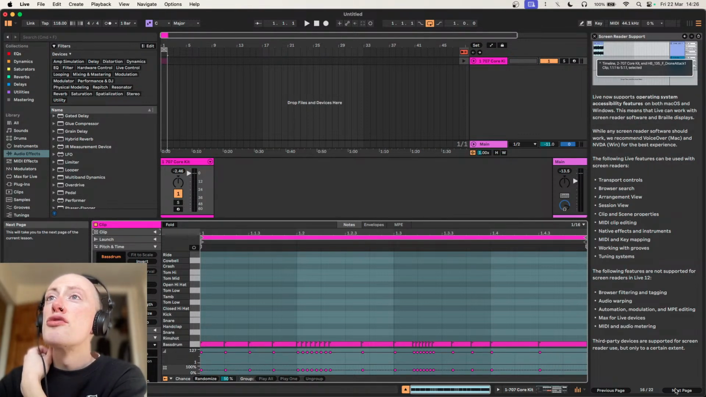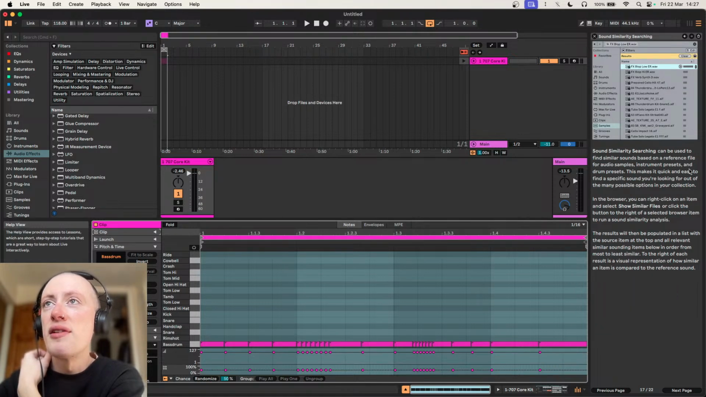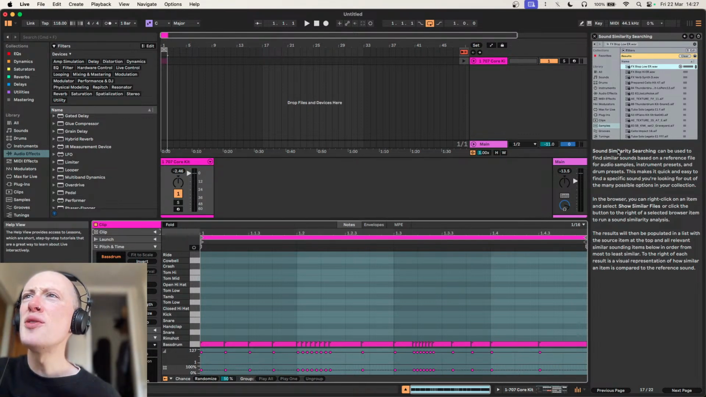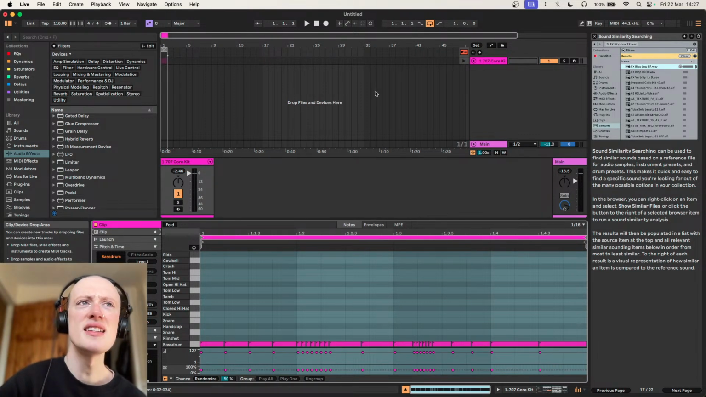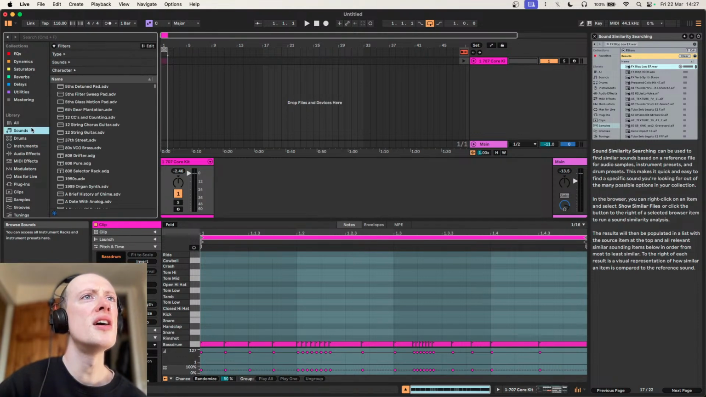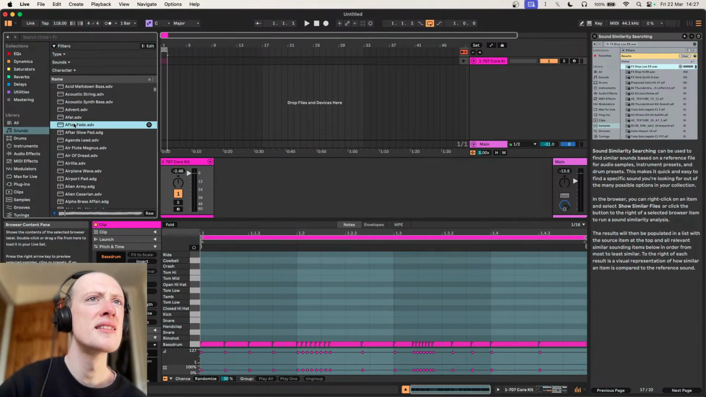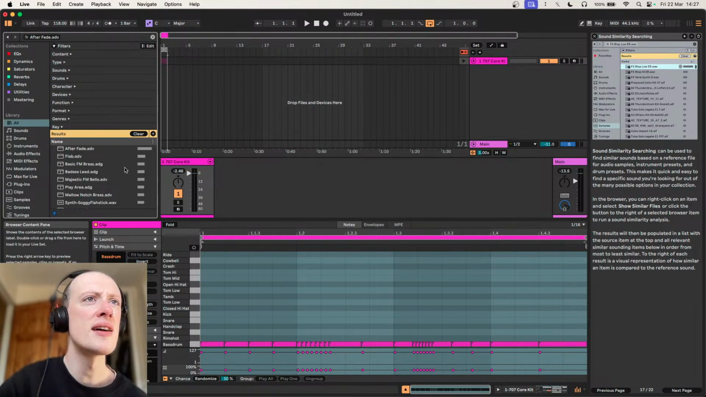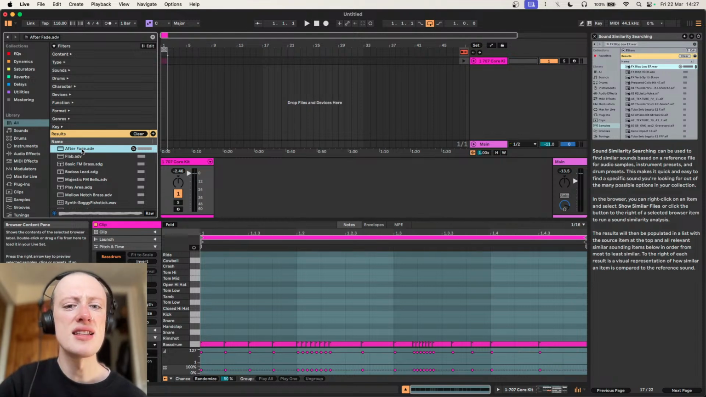Screen reader support, awesome. More accessibility tools added in here than I believe I've seen in an Ableton update for a long time, so that's sick. Sound similarity searching. This is really interesting. I don't know about this. So if I do this and I click on that and I want to find more sounds that sound like this particular synth patch,